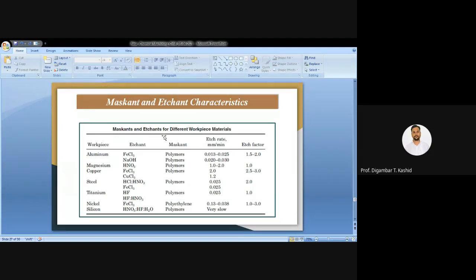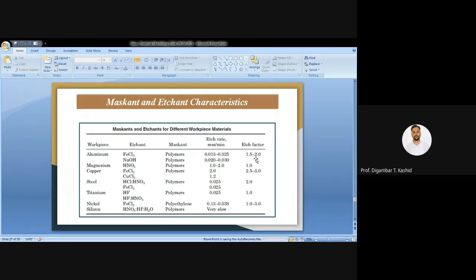You can see aluminum. For aluminum you can take the etchant as FeCl3, and a polymer you can use as a maskant. Again, polymers have different types; polyethylene I have given here. Then what will be the etching rate for that particular etchant, that value I have also given. For aluminum, if you use FeCl3, then the etch rate in mm per minute is 0.0325. And the etch factor we have to consider, for aluminum 1.5 to 2, I have also given.